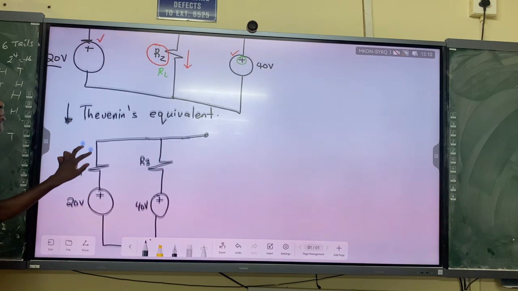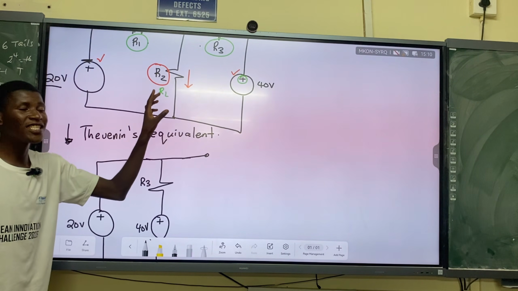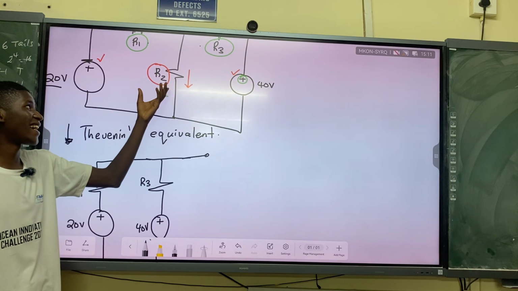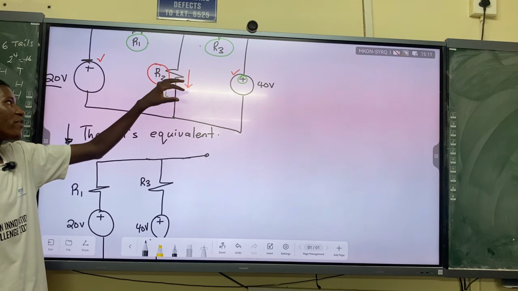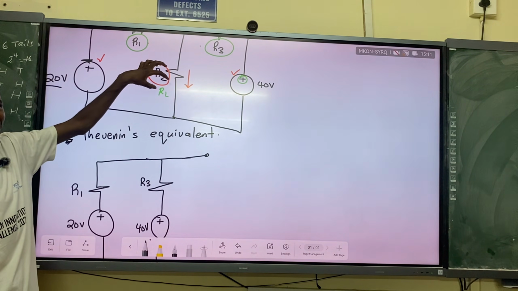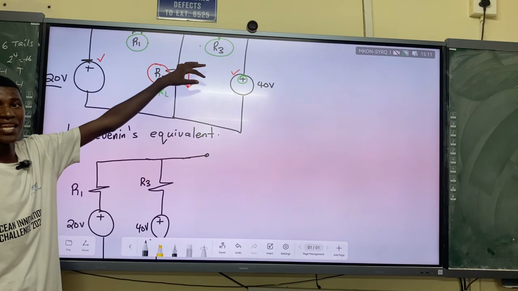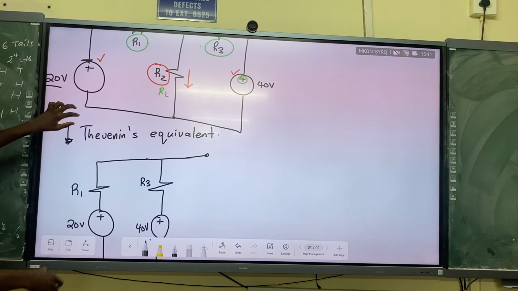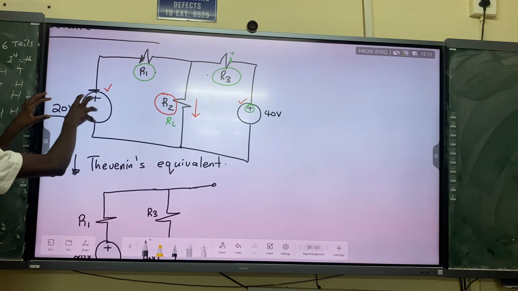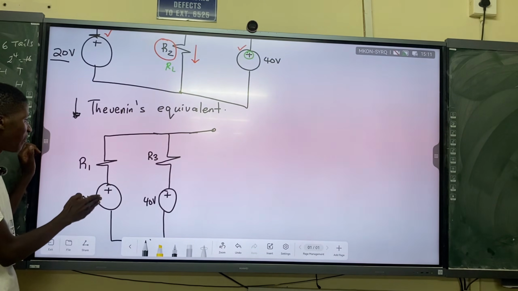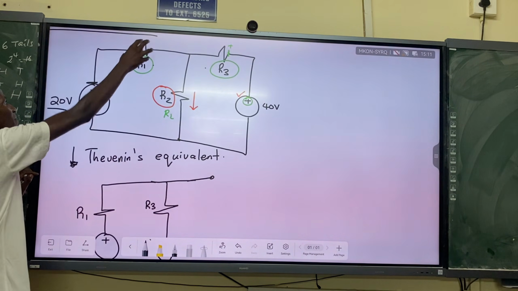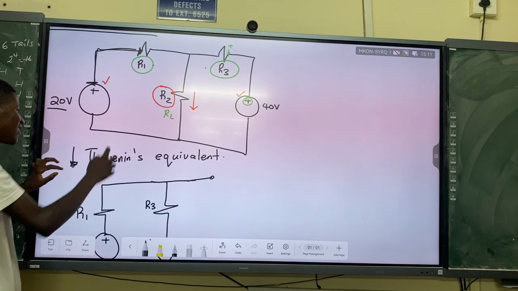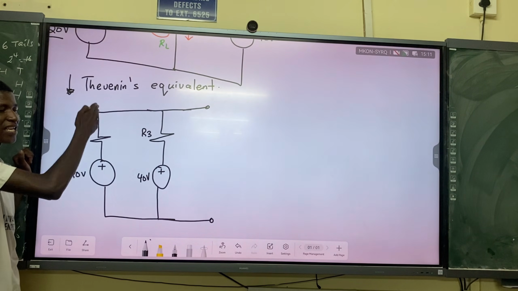We didn't count resistor R2. It is because it is a load resistor, the resistor whose current we are looking for. So when you are looking for the current through this resistor, do not count it as part of the total. So now rearranging here, you are just combining the 20 volts with R1. So the 20 volts must be aligned with R1. This is the same thing because they are in one line.